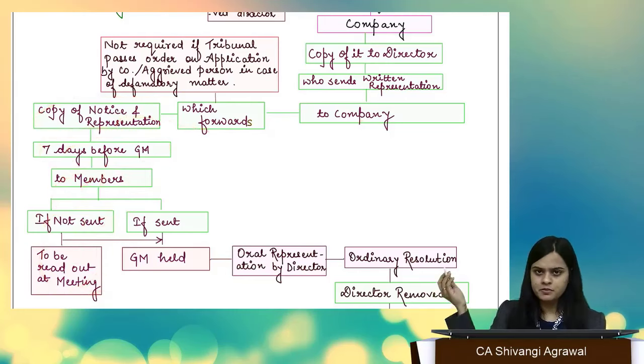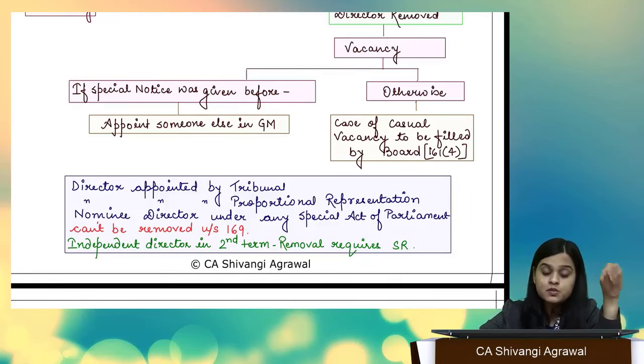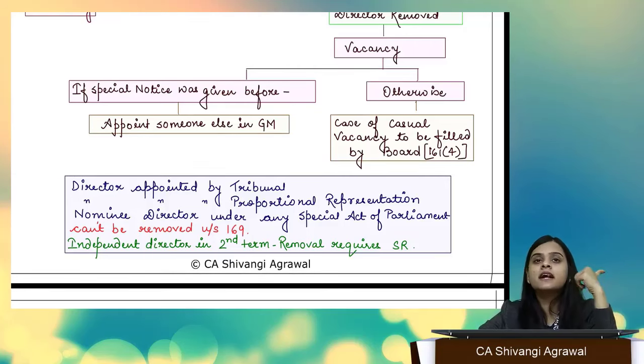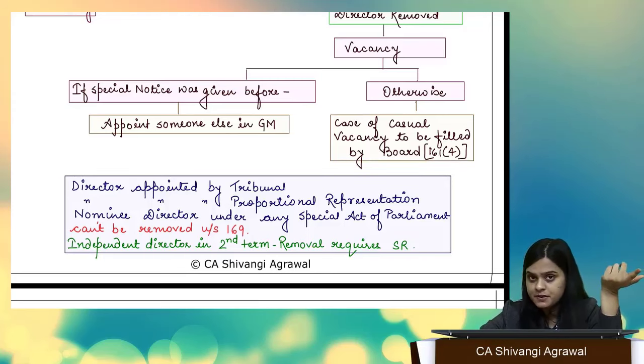Okay. So, we are removing directors just by passing OR. There are certain types of directors which cannot be removed by OR. What type of directors? The director who has been appointed by the tribunal, the director who has been appointed by proportional representation, the nominee director,